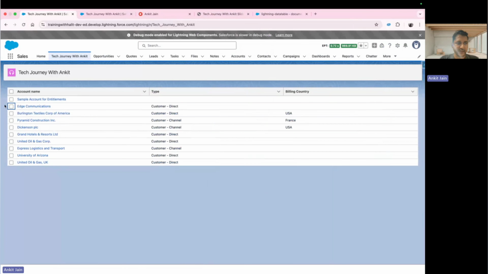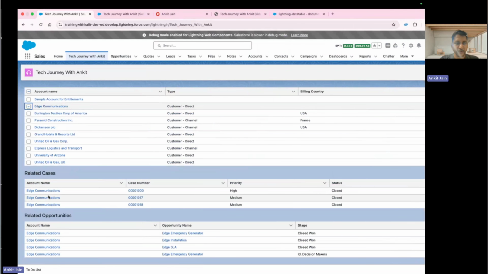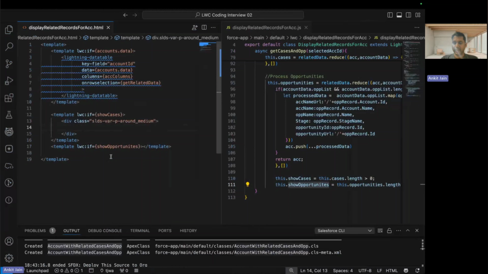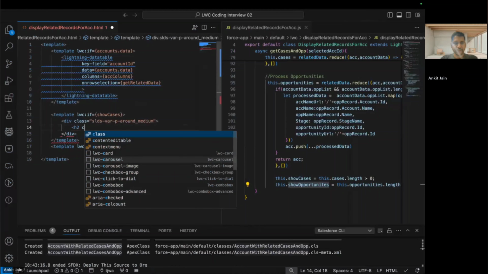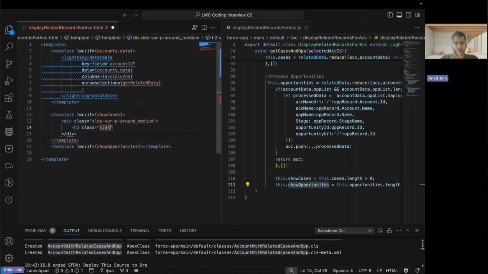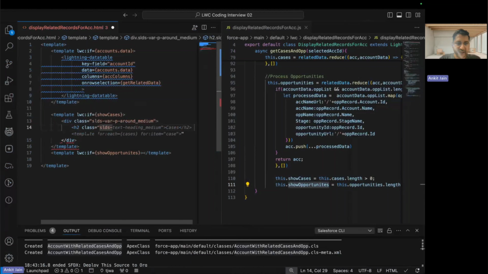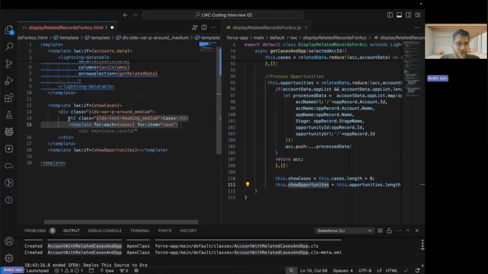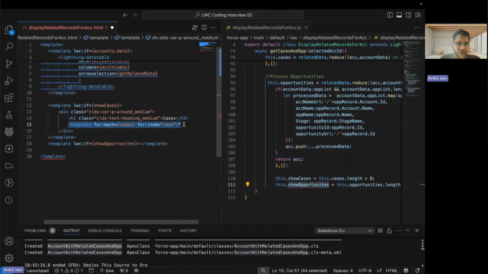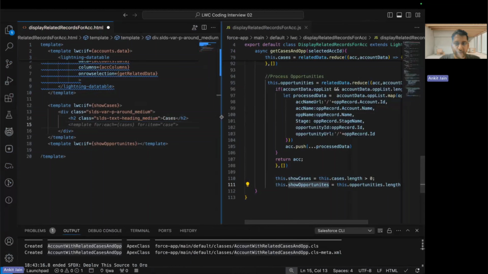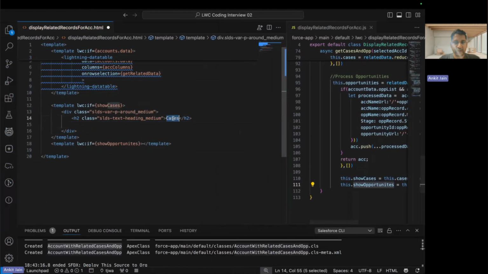I'll be putting the text like the related cases. So let me do something like this. Here I'll be putting the h2, using the SLDS heading class, SLDS-text-heading_medium, right? We don't need all those things, so let me minimize, expand this. Here I will be putting the text as the related cases,